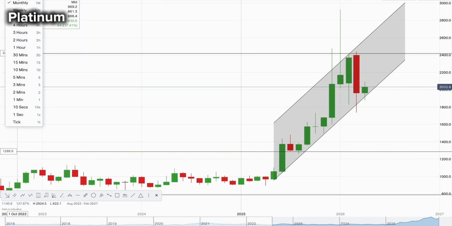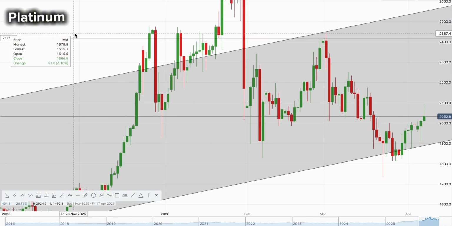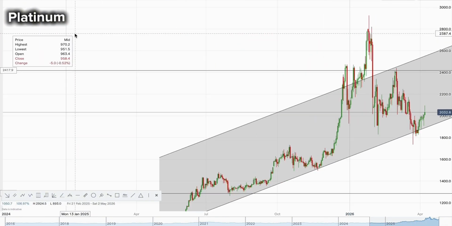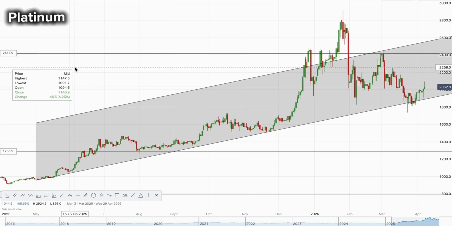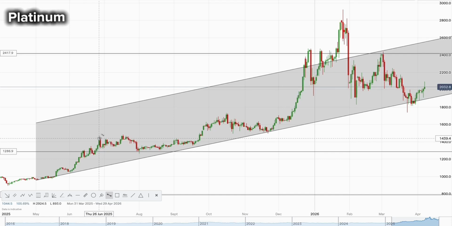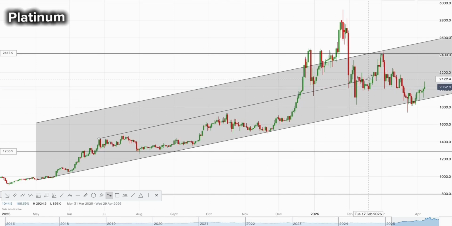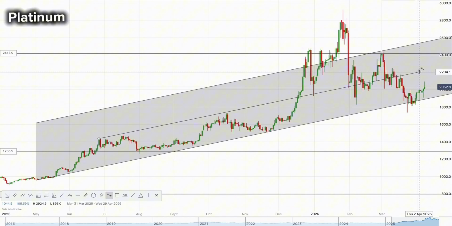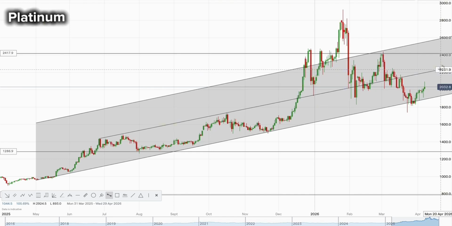So let's go into the daily, so we can have a closer look, see what we can find here. So the first one I can see, that we've touched the base of the channel a few times, and I can see there's a middle section to the channel as well. So I'm going to go ahead and just put the lines in there, and then once I've done that, it clearly outlines where the chart,